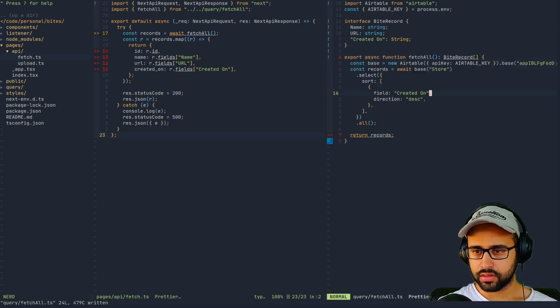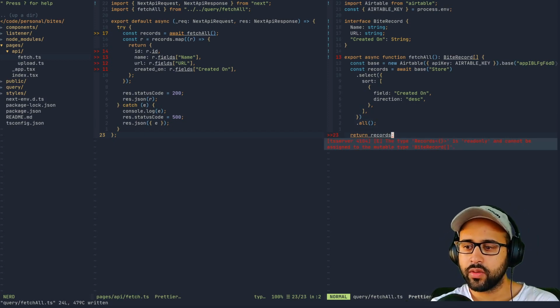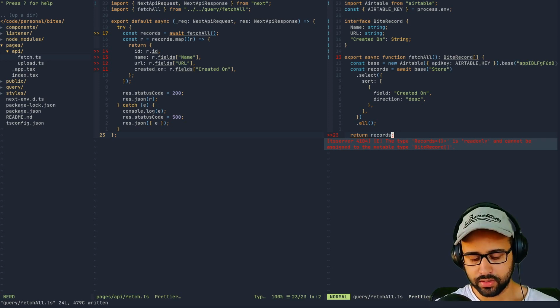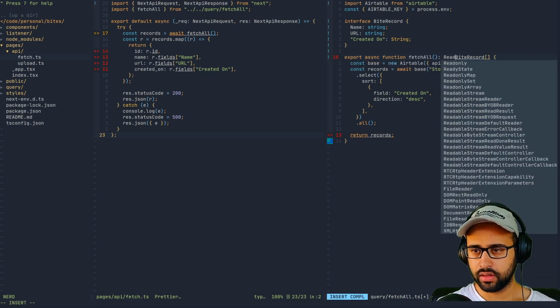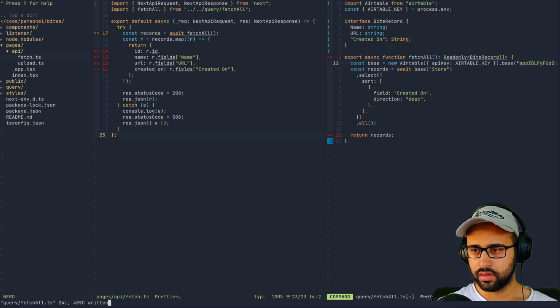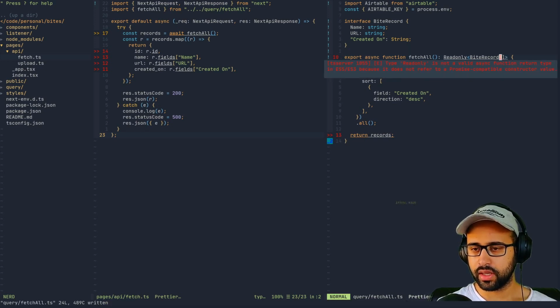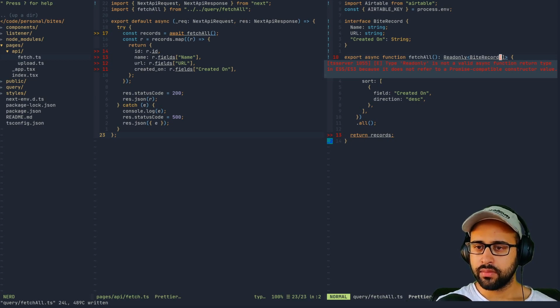Okay, so now it's breaking because when we return record, the type record is read only and cannot be assigned to mutable. Okay, so we can make it read only by using the TypeScript read only, and then wrap it with this. Now it's still complaining. Read only is not a valid async function return. Okay. Oh, okay. Yeah, so we are returning a promise which has, okay, I see.